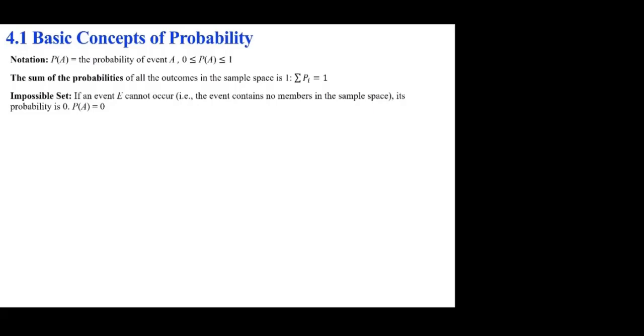All right, let's discuss the basic concepts of probability. I really can't emphasize this enough for us to really get this, if nothing else, out of probability. And it goes as follows. The notation P of A represents probability, but the probability is always between 0 and 1. Can it be 0? Yes. Can it be 1? Yes. Can it be negative? Can it be larger than 1? The answer is no to both of them. So you want to be very careful. So that's an extremely important property of probability.